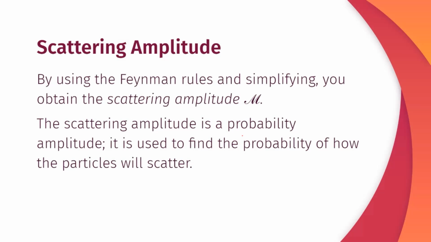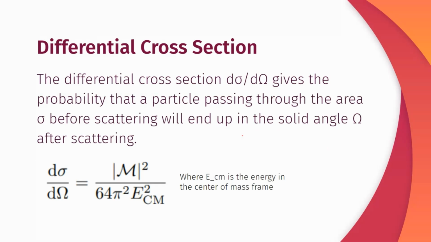And so once we apply whatever Feynman rules are applicable to our theory, our process, and you simplify that expression using a variety of complex rules and strategies, you obtain this scattering amplitude, which is denoted by script M. And so this scattering amplitude is a probability amplitude. It is used to find the probability of how the particles will scatter. And if you go to the next slide, the quantity that is actually going to tell us that is the